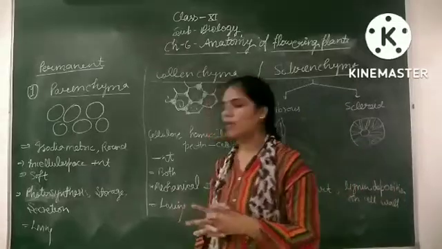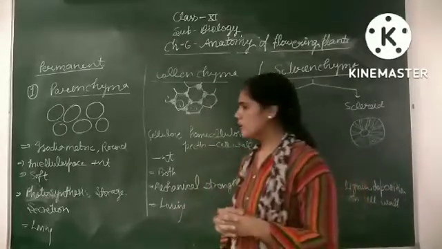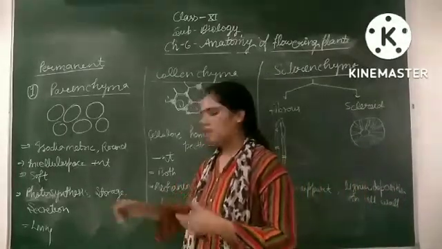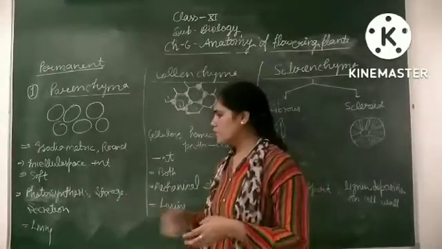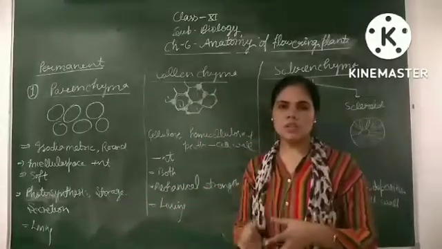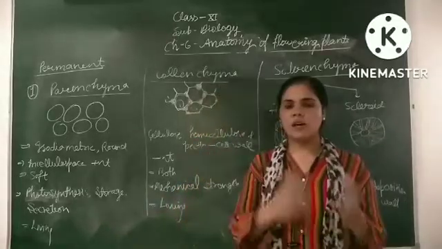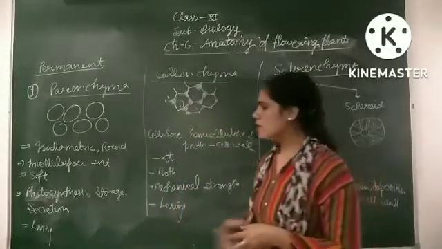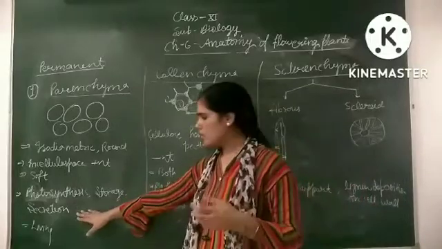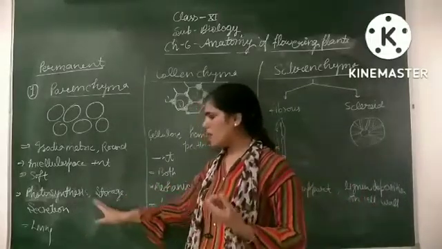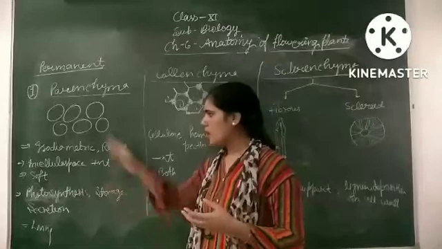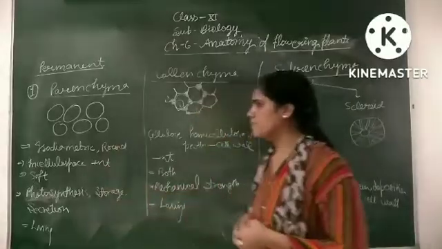According to their area, they can do photosynthesis, as they are found in leaves. They can do storage, as they are found in the stem or the roots, and they also do the function of secretion along with another tissue. So they can secrete chemicals, store food and do photosynthesis. And these are basically living cells.